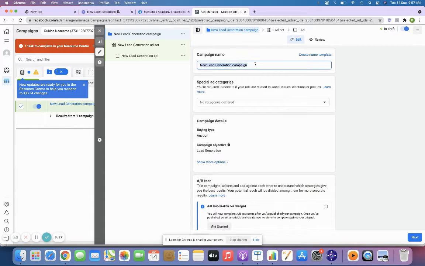As I always told you, you need to give a proper name for your campaign, so that you don't get confused in the future when you analyze the results, right? Maybe if you're setting up a list of 5 or 10 campaigns, you must know the name of the campaign, or else it will be very difficult. You would have to go inside each and every campaign and see what campaign I ran, right? That will be really difficult. So ensure that you always set up the campaign name, like digital marketing course,